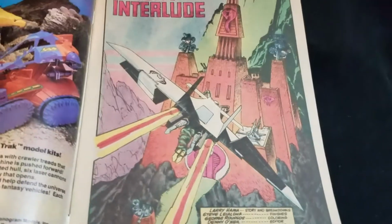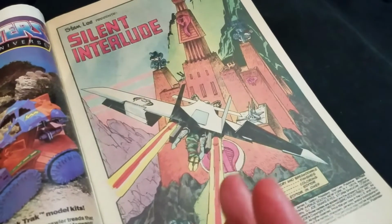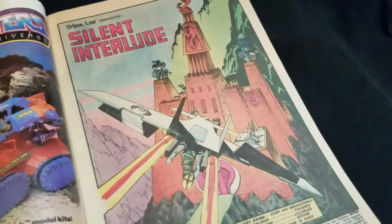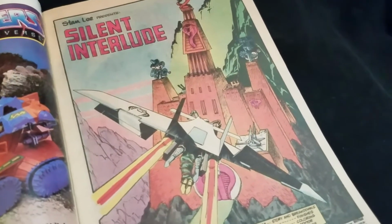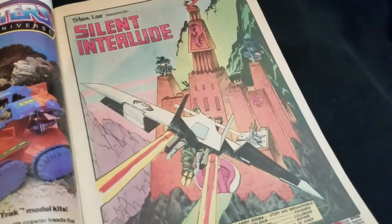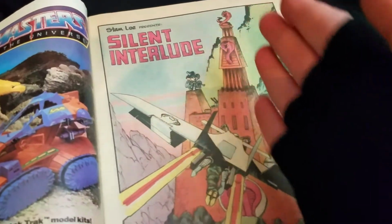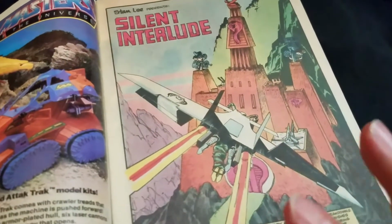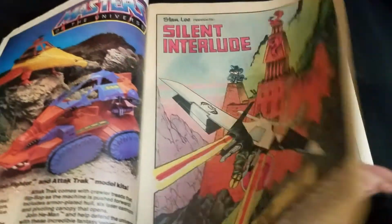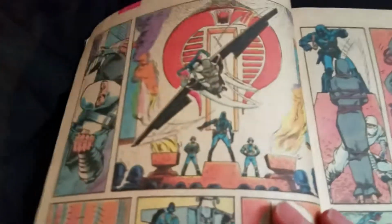The print date is March 1984, and I like this slanted Dutch angle of this Cobra flyer going at a castle, Silent Castle. Yeah, that's the one. But just look at this, how everything goes. There's the focal point, just beautiful and dynamic all around, just breathtaking. Now, the first thing you notice as you're starting to flip through this book is there's no